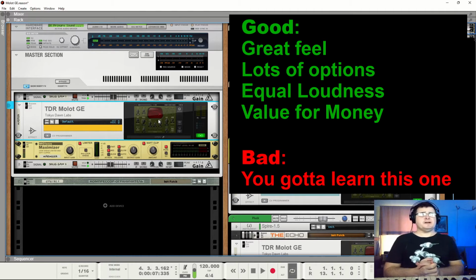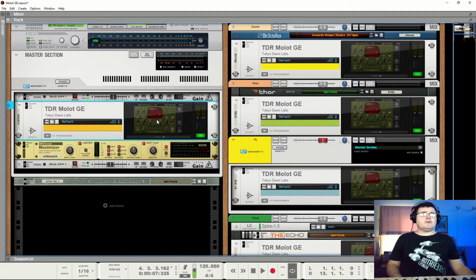You gotta learn this one. If you come in thinking that a couple of presets and you'll be golden, you'll be CLA in a box, no, this one is really for the learning. But once you learn how to use it, based on the use that I get out of my C1L1, you will favor this compressor a lot. Maybe not for everything. You may find one or two things that you love it for, and then you'll use it for that without having to think. You'll have a situation come up in a mix and you'll be like, C1L1 or Molot. That's experience for you. So, beautiful device.